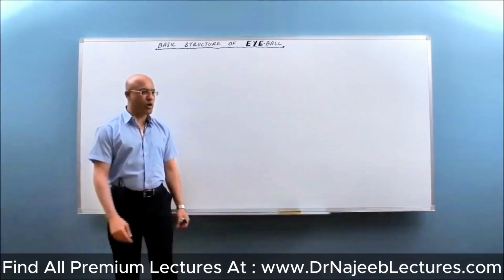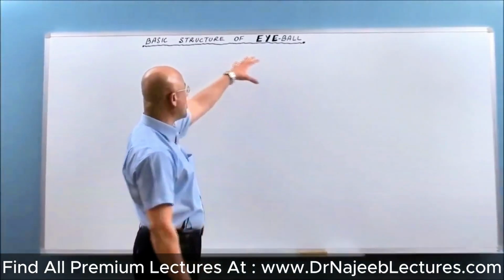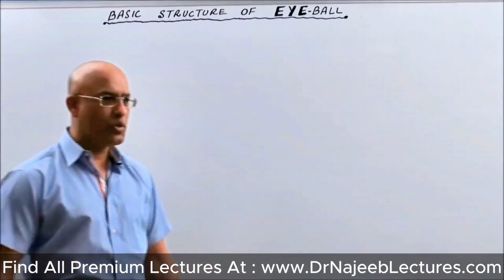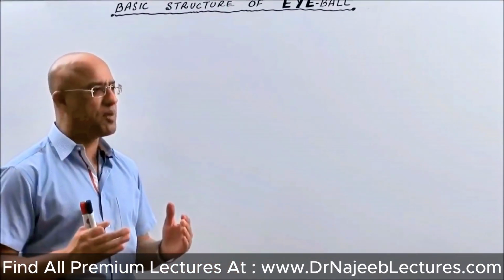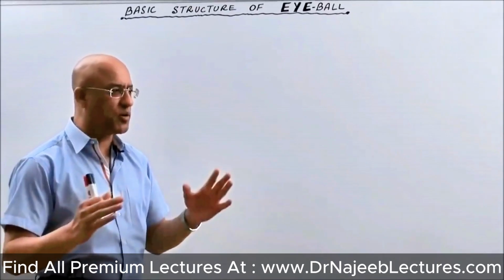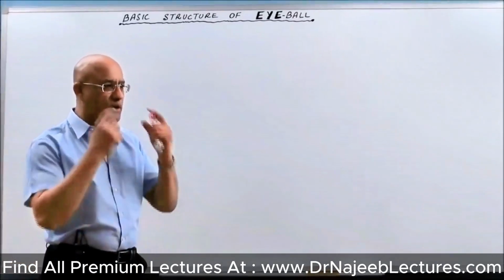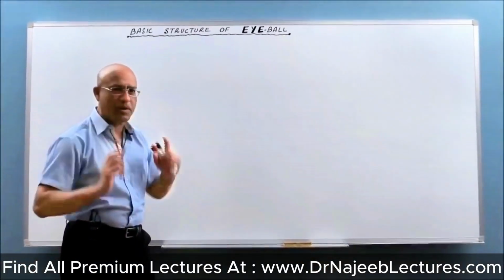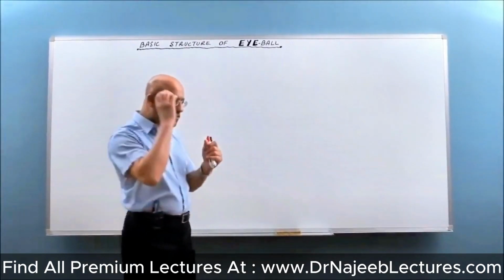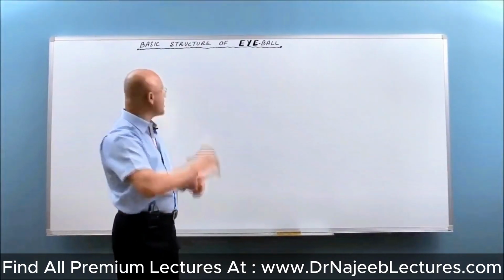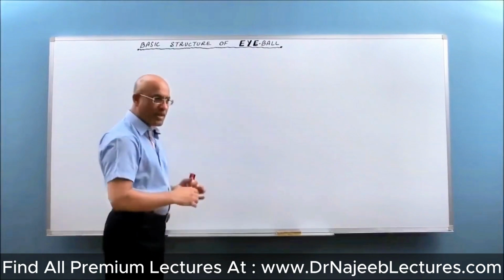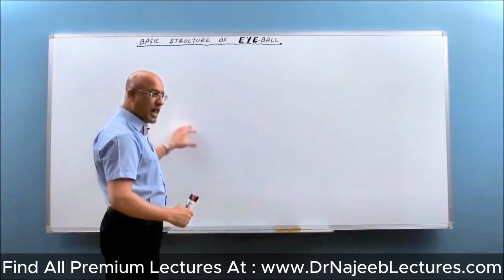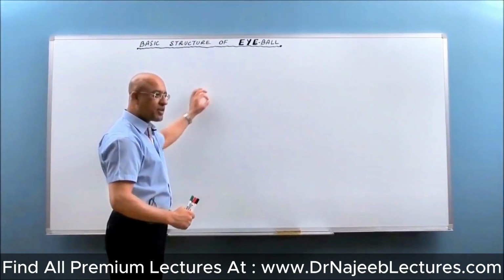Right, today we are going to talk about the basic structure of the eyeball. We'll start with a very basic concept, as if you don't know anything about the eyeball except that eyeballs are in the sockets of the orbits. Right? Let's remove one eyeball from the orbit and put it here and study every part of the eyeball one